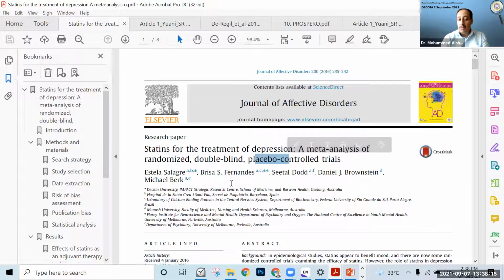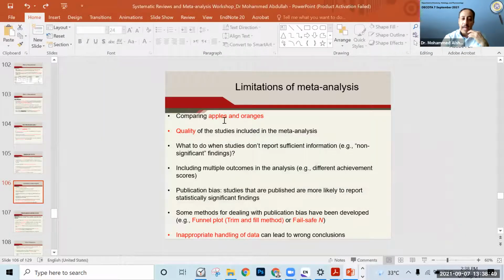But do you think also here there is kind of apples and oranges? Yes, because they don't compare one statin, let's say simvastatin, with placebo. They compare all different statins, although they are under the same category, atorvastatin, simvastatin, and so on and so forth. They include some studies that used different durations for treating the depression. Maybe one study used statin for 1 month, the other study 2 weeks, different doses. So sometimes we accept that to have a final conclusion, but we prefer to only combine or pool the data